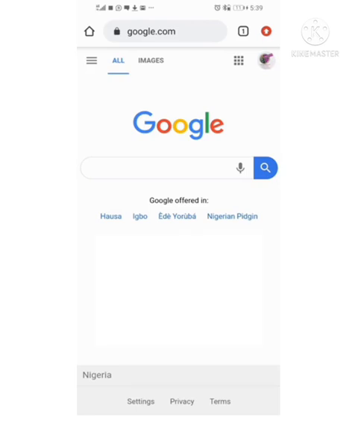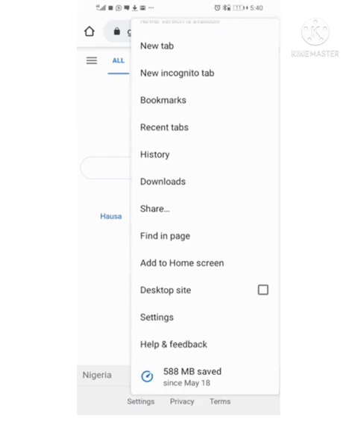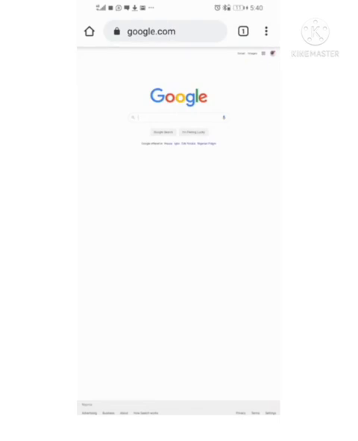All right, I'll be using my mobile phone for everything because I know that most people will be using their mobile phone too, because not everybody has a system or a laptop, but it's all the same thing. The first thing we're going to do is turn on this option here, the desktop site, so that our phone can function like a PC. Then the next thing is we'll come here and type